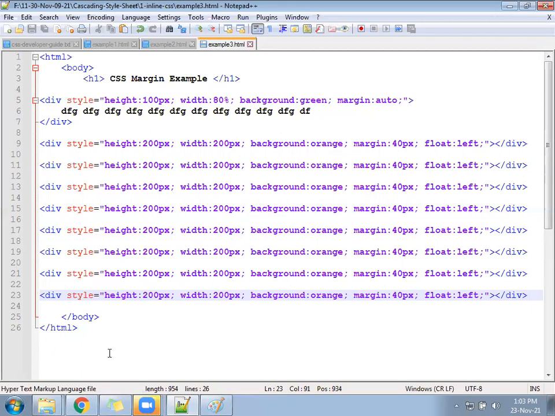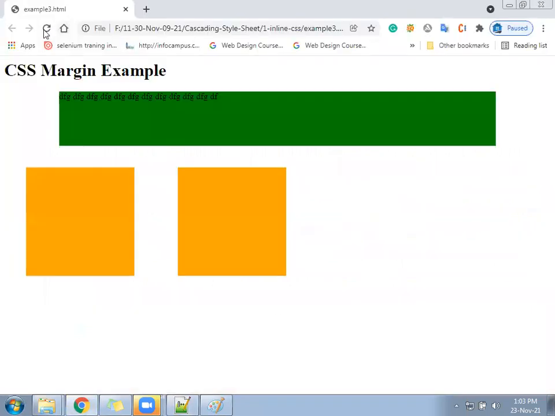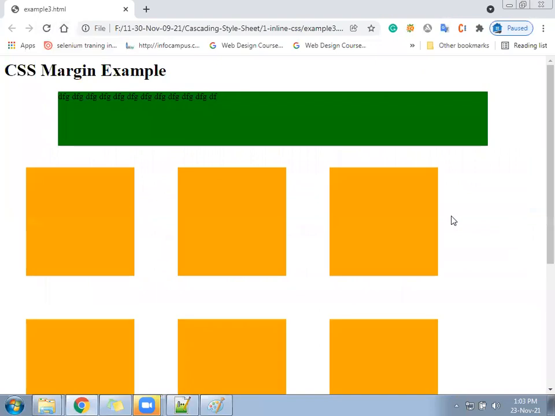I added 6, 7 divisions, and check once. It looks like this. My screen is small, so only 3 are coming. On your screen, maybe 5 or 6 will come. But between two divisions, there will always be a gap of 80 pixel, 40 of the first and 40 of the second.